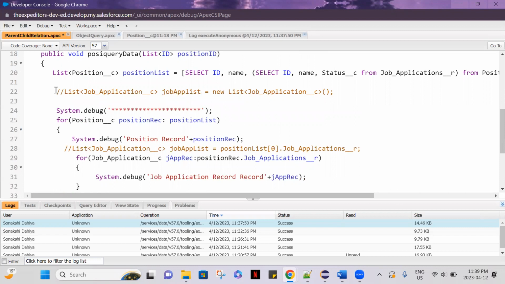If you want to put the details which are coming in child records in any variable, then you can use it. If you don't want to store it in any list, then you can avoid it. That's up to the requirement. If you want to utilize them after the for loop, in the for loop you are getting those information,